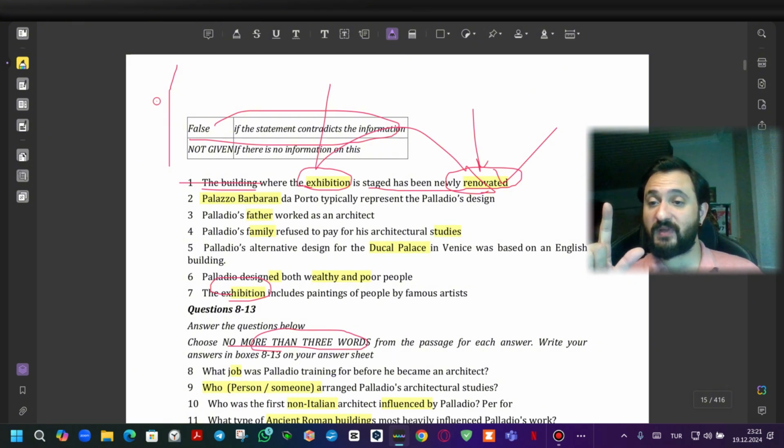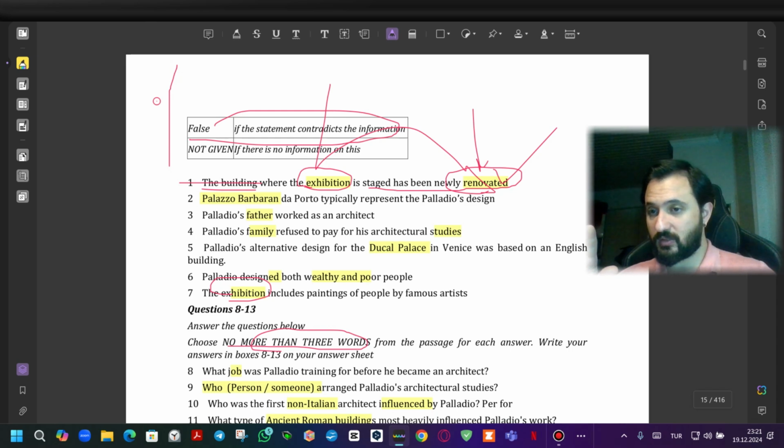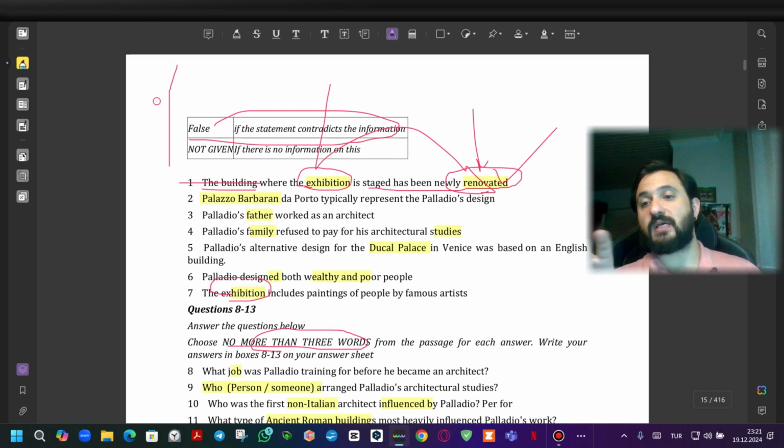Although, though, even though, however, nevertheless, nonetheless, otherwise, while, whereas. If you see such conjunctions, sentence connectors, adverbial clauses, please always highlight them. Why? Because generally these connectors or clauses are used to change the idea in the text. So these are so dangerous